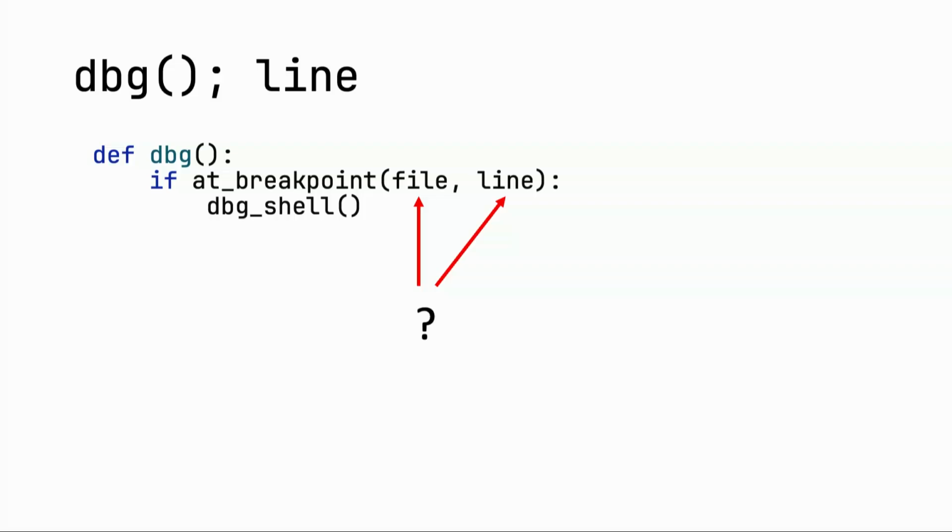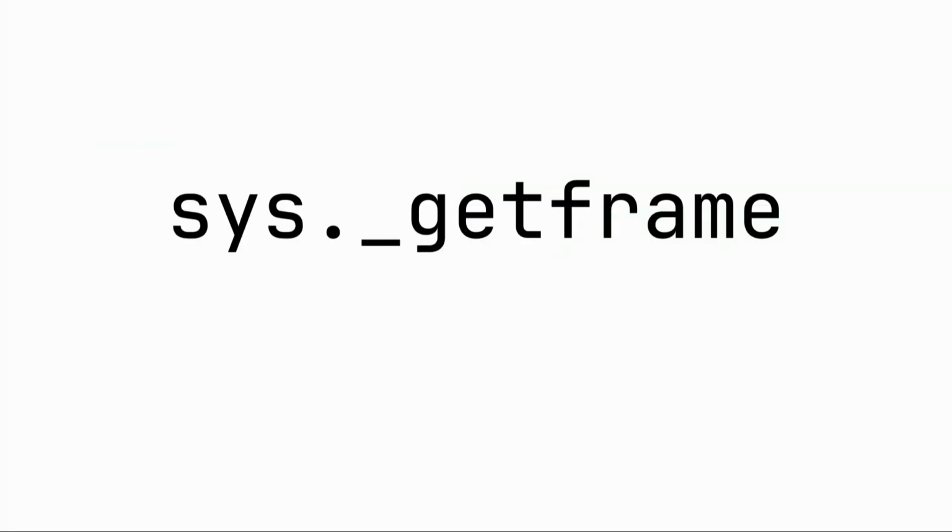We can't use __line__ because that would be the current line. That would be kind of pointless because we know that we're in a debugging function. So what can we do? There's sys._getframe to save us. Anyone have an idea why this method, unlike many other methods, has an underscore?